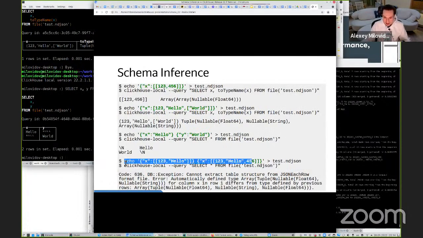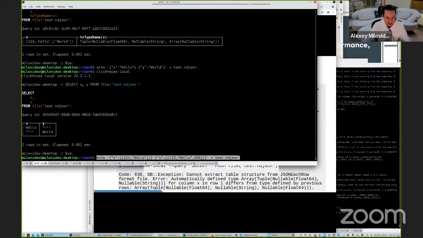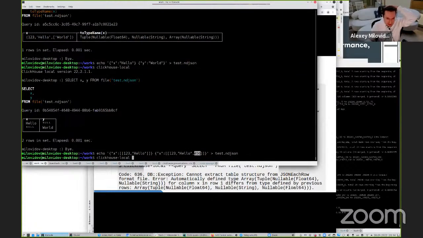And another example, I will try to make something really complicated and unusual. So in the first element, it will be a two-dimensional array of different types. And in the second example, it will also be different types and a different number of elements.